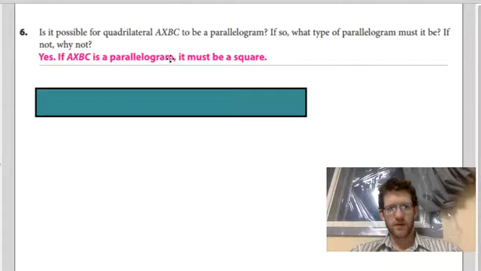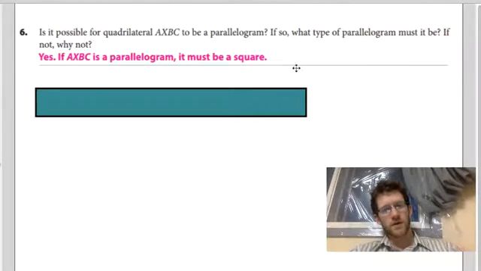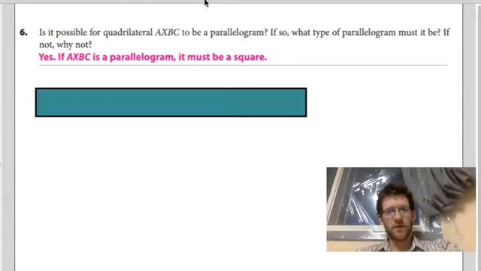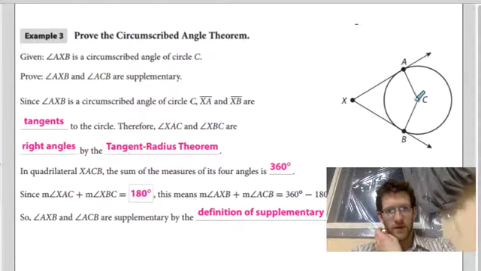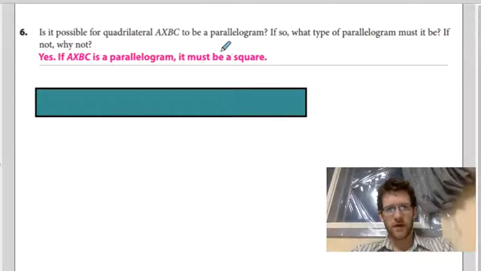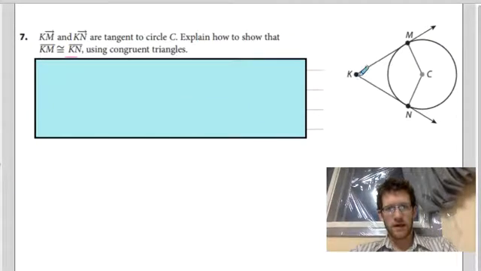Yes, it is possible to be a parallelogram. Some people picked up that since it's a parallelogram, adjacent angles have to be supplementary, but those opposite angles have to be supplementary, and two of them are 90, so that means that they're all 90 degrees, and so it must be a rectangle. But furthermore, two of those sides have to be equal, right? AC has to be equal to BC because they're both radiuses, so therefore it has to be a square. A further note is if this one is equal to this one, and if this angle is equal to this angle,